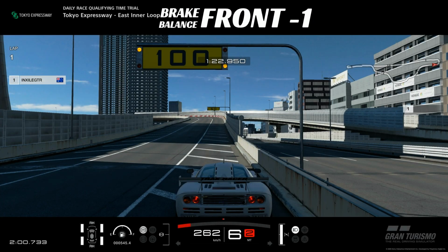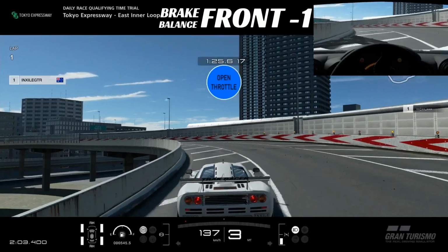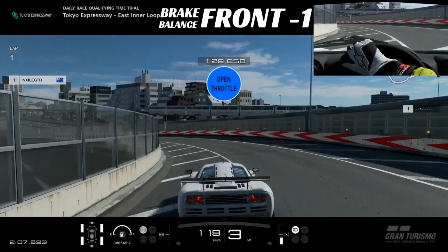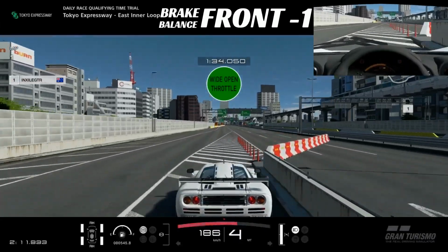Braking right under the 100 sign there by the looks of it. Drop 2 gears. Wait for third, crack open the throttle, let the car roll to the outside. Now close the throttle, let it roll back to the inside, and start opening the throttle and squeezing it on the way out